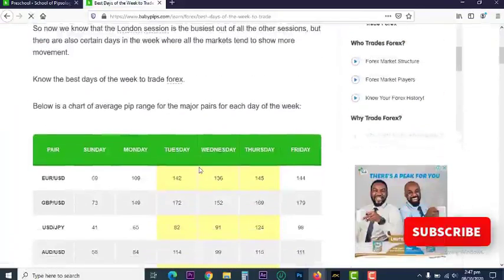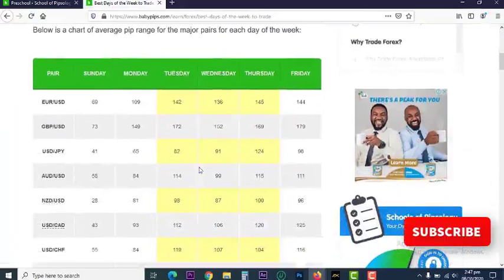Then the best days to trade the market, right? The market opens on Sunday, but there are not many trades going on Sunday. On Sunday, that's when the speculators are changing positions. But from Monday, the market starts, right? Traders are in the market already, and on Monday, it's still not the best, but it's good. You can trade Monday, find opportunities and stick to them. You can trade Monday, but